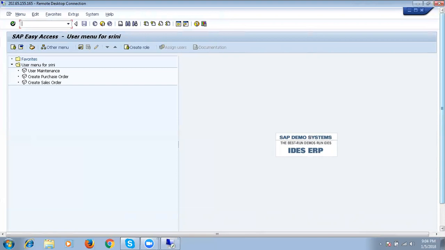So we have completed transactional authorizations. From the next class, we can start HR authorizations, human resource authorizations.